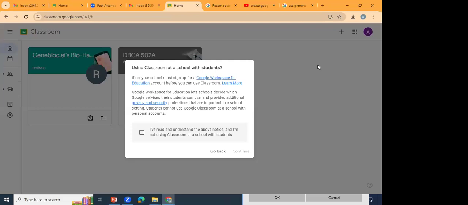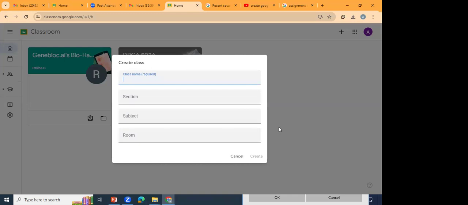As soon as I create the class, it is giving you the message that you should have learned about the privacy and security services or the policies provided by the Google Classroom. You have to just click on the agree checkbox, and then you have to click on the next icon. Now here you can see the information related with the class you are going to create. So for my class, I'm going to write the class name as